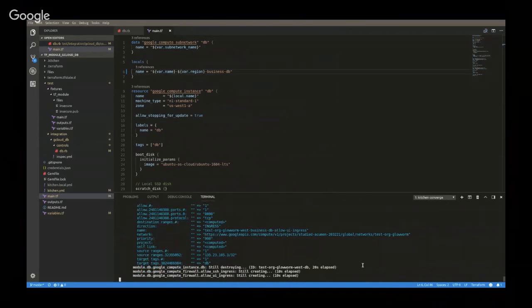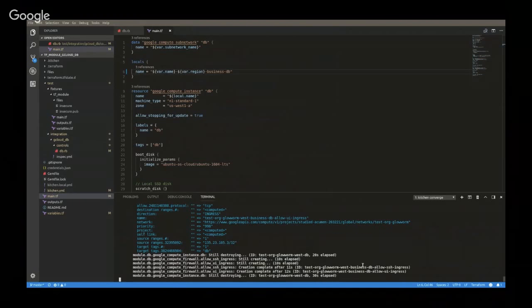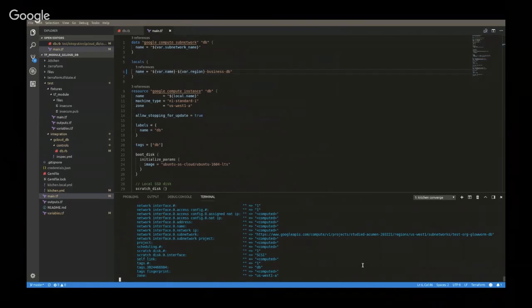This is a nice advantage of working with Kitchen Terraform, is that you can bring up a Terraform environment, make some changes, play around with your configuration, and you can keep reapplying it to this isolated test environment and seeing the kind of impacts that it's going to have on your infrastructure. So we can see now that Terraform is basically recreating another database with some more firewall rules.